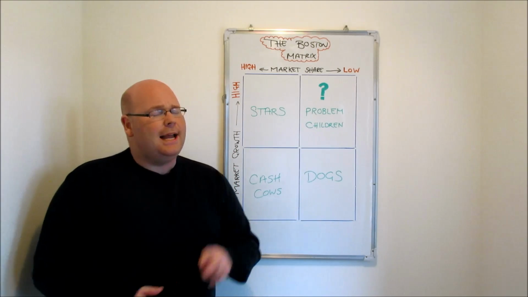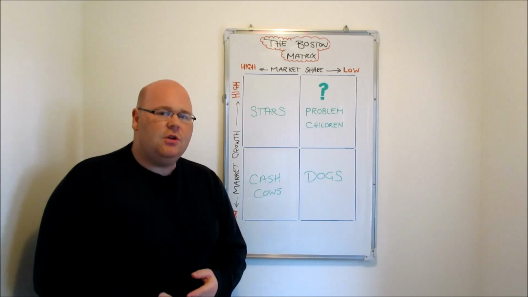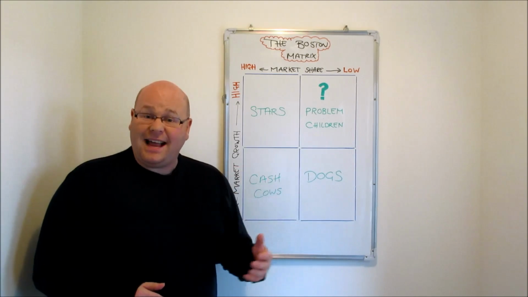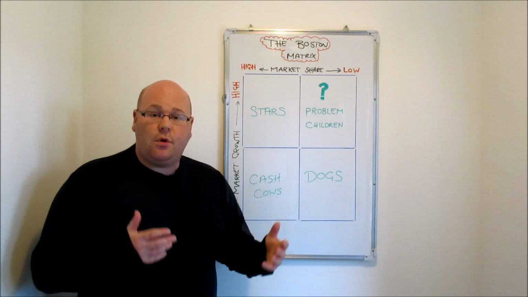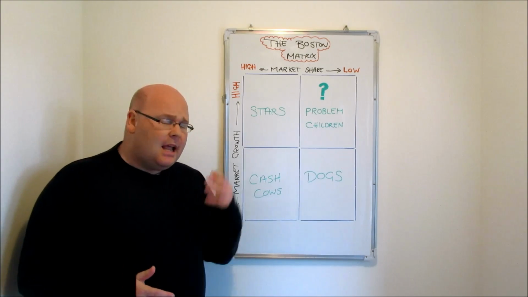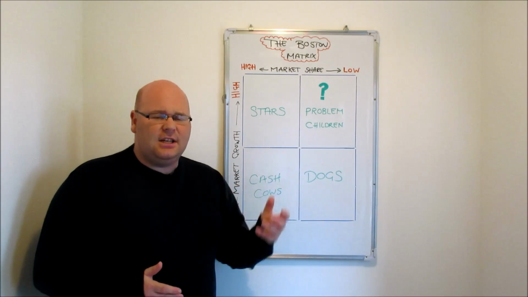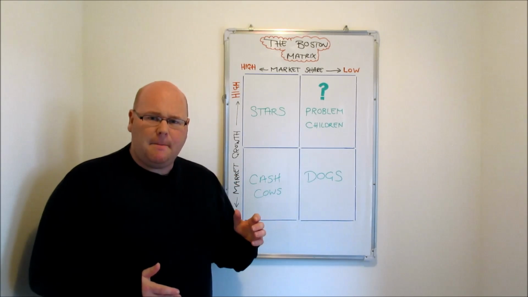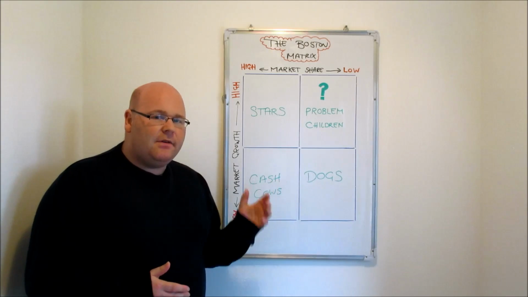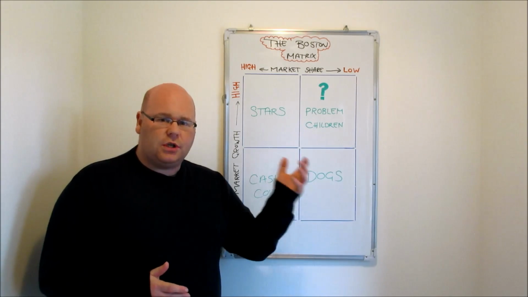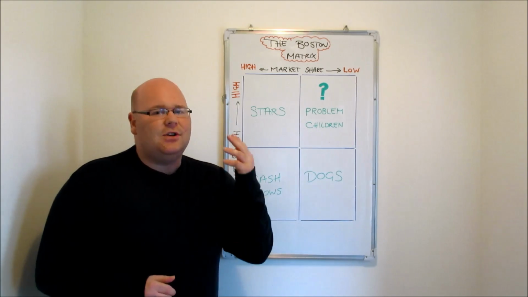Now that really brings us on to the second use of the Boston Matrix, and that's to do with planning when new products might need to be launched. So if a business does some product portfolio analysis and notices that it does have a portfolio that's a little bit unbalanced and maybe is favouring having more cash cows and dogs than other products in the matrix,